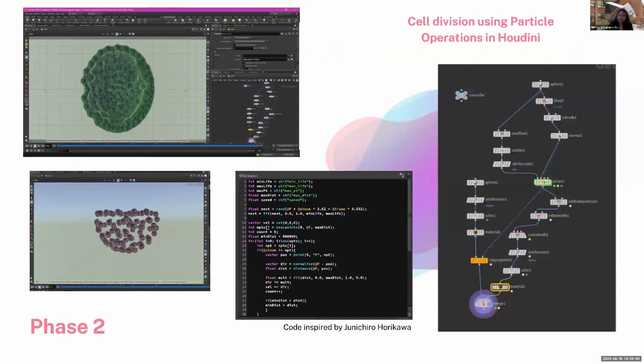In the second phase, I started working on my models and animations. I figured Houdini was my best bet for doing particle dynamics, so I used the particle operations function. Junichiro Horikawa's YouTube videos helped me figure out the code that I wanted to use and the geometry nodes required to create these models. The first image is a screen grab showing the interface of Houdini and the primitive endoderm model. I used geometry nodes and personalized the C++ script to give me the cell division in that particular shape